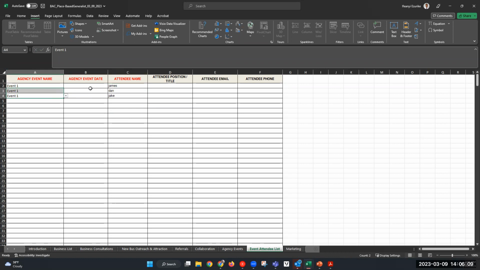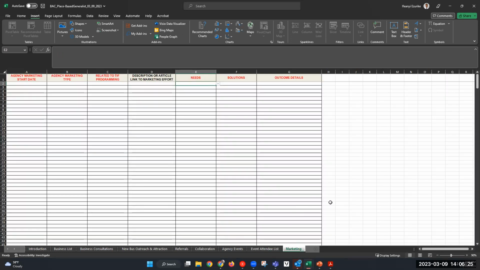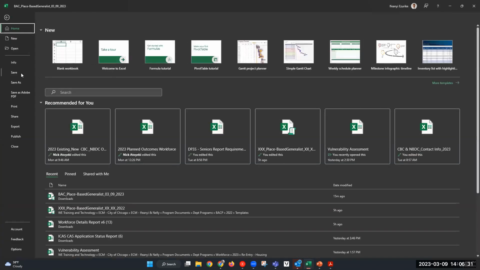And then event date is gonna populate based off the event date you put here. This one isn't doing it, probably because I downloaded this from the training site, so I need to look at that. But from the actual production site, it should just populate. You can't even edit this field because it populates. And then marketing, straightforward. So what I'm gonna do now is save this on my computer.